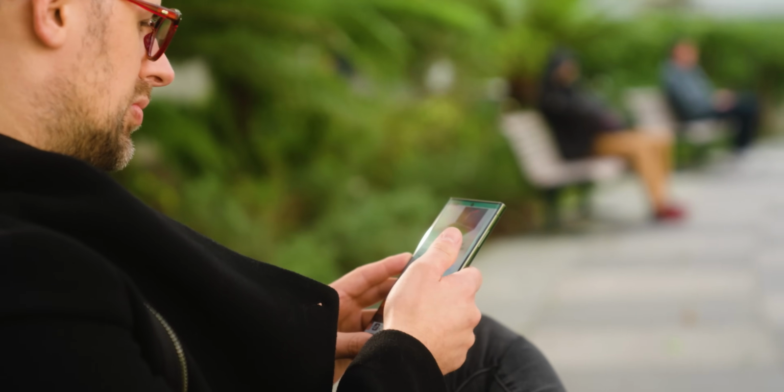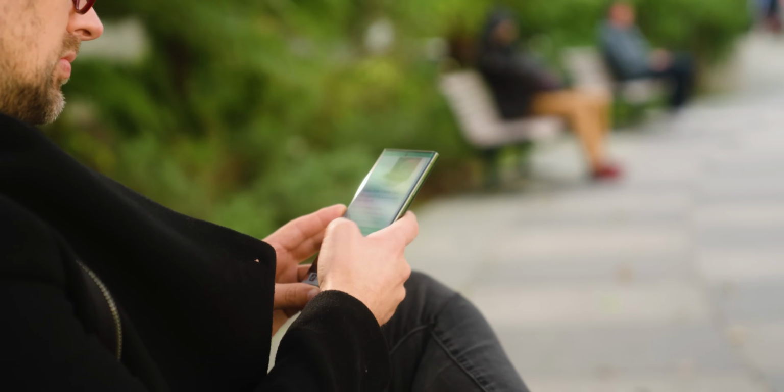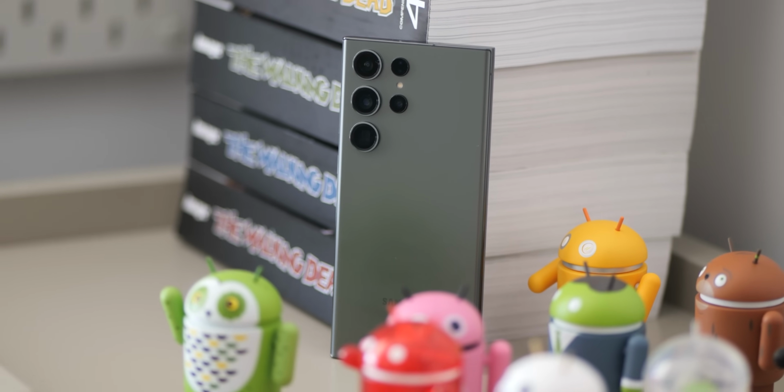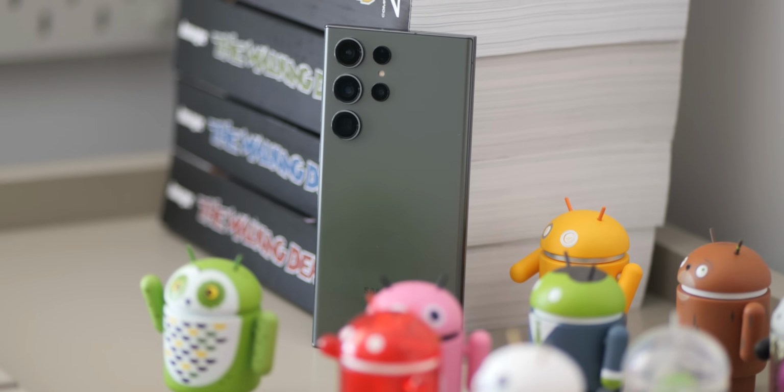We've talked about all of these good things. What are the not so good things about the Samsung Galaxy S23 Ultra 6 months after launch? Well, the flaws are few and far between, I have to say it, but yes, a few do exist. In this case, the Galaxy S23 Ultra's knocks are things that Samsung can't necessarily fix with a quick patch or